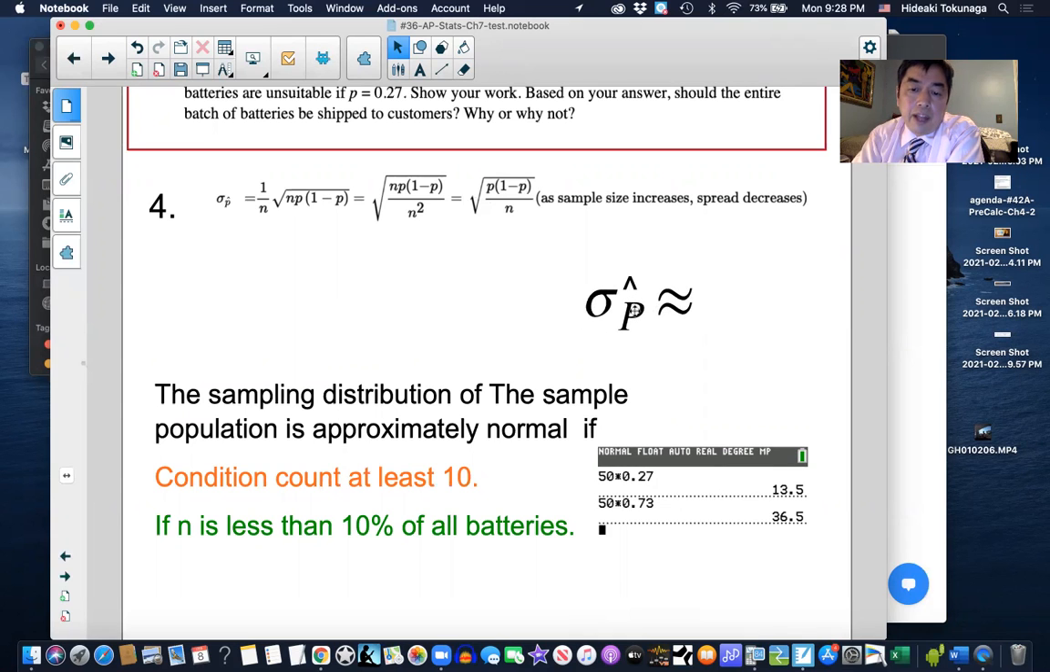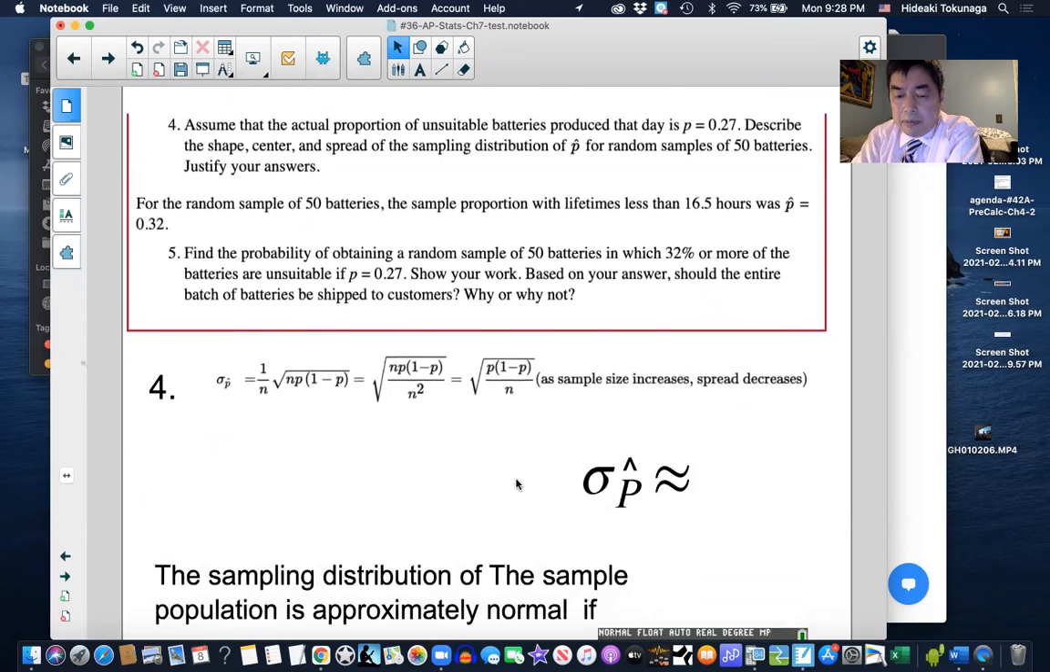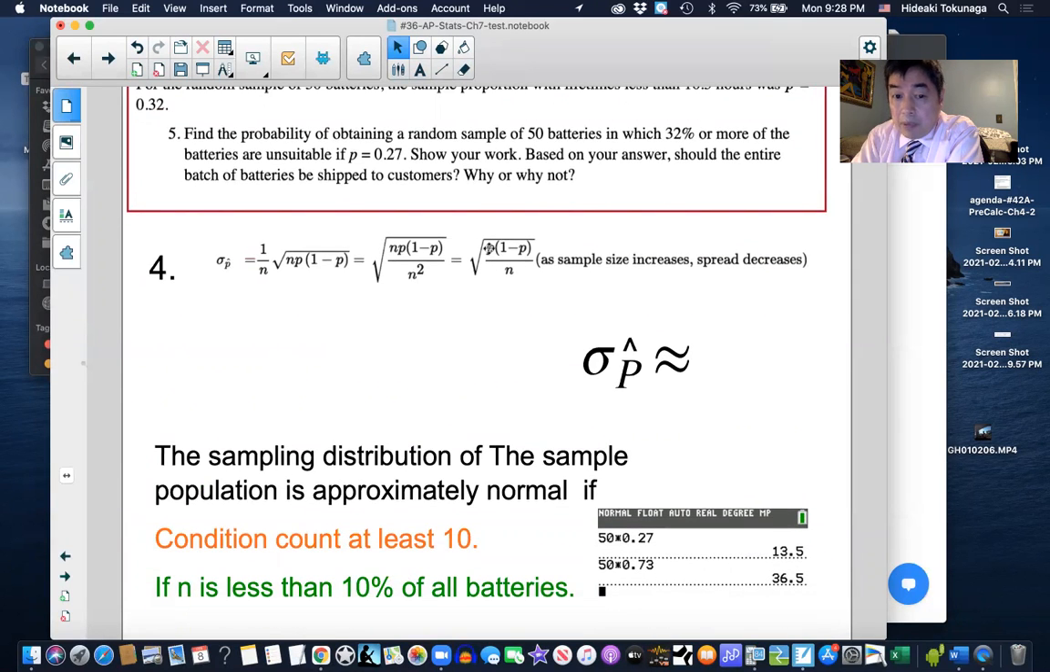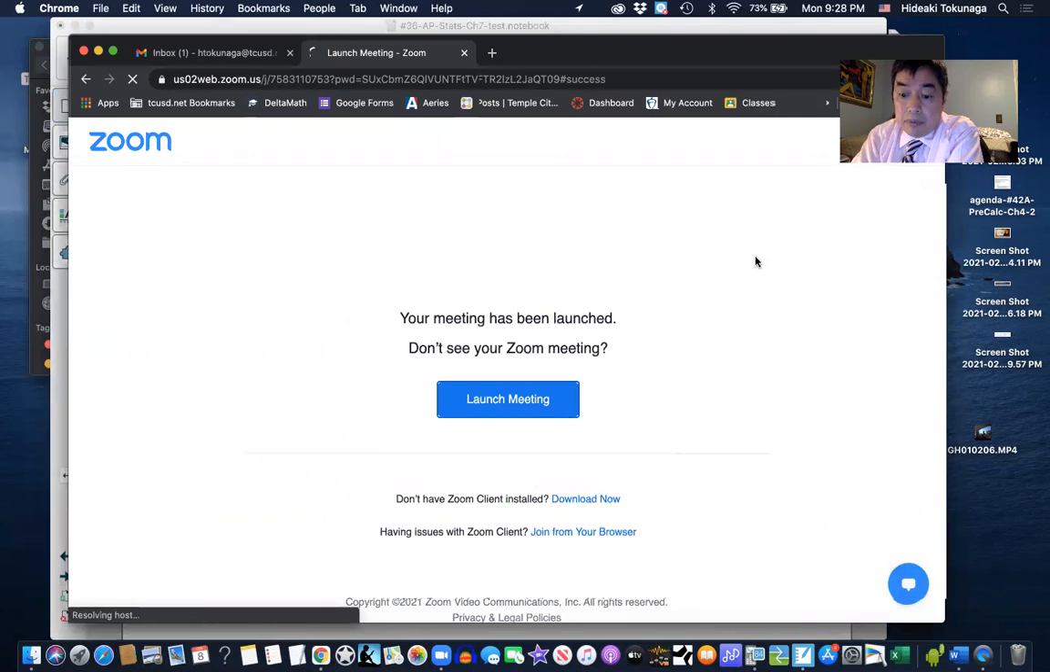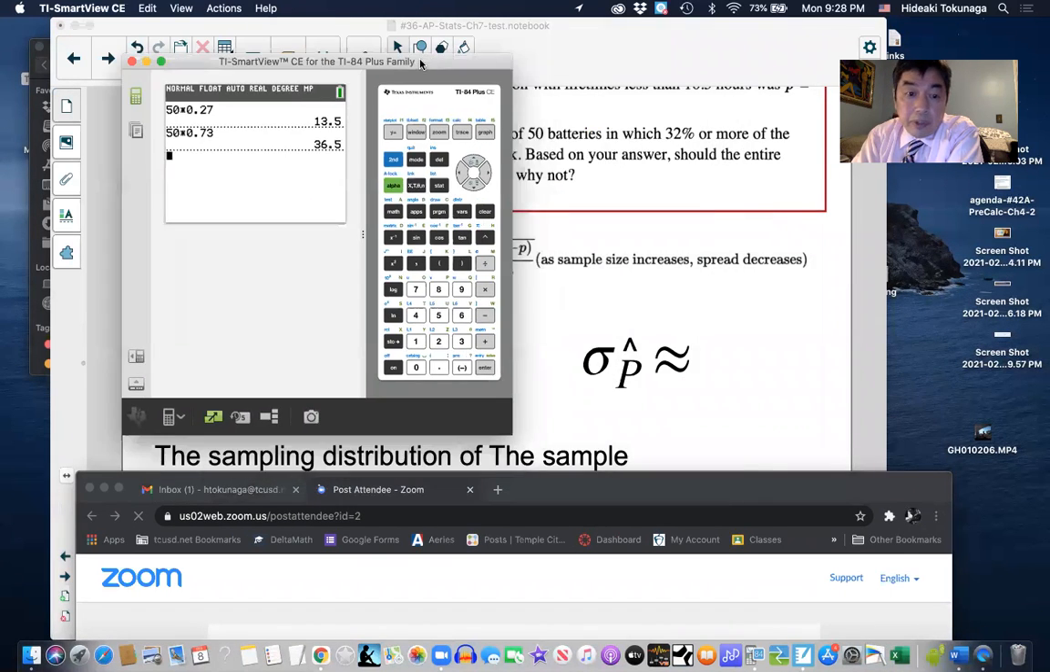Okay, so now let's run this. Oh, sorry, p hat is supposed to be in it. So p is 0.27. The failure is going to be 0.73, right? The complement of this is 0.73. So let's run this. So square root of 0.27 times 0.73 divided by